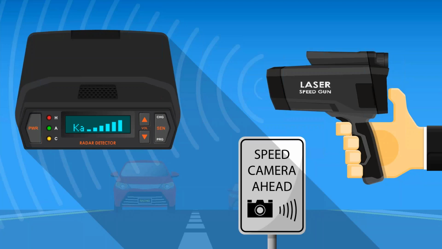And since you may not be familiar with them, let me just explain how they work. A radar detector is a little black box that you put on your dashboard. And then as you drive, if there is a policeman somewhere hiding behind the bushes or behind the hill with a radar gun, then this radar detector can pick up on that radar signal from the policeman from a great distance, and therefore alert you that somebody is checking speeds. You can slow down and therefore not get caught speeding.